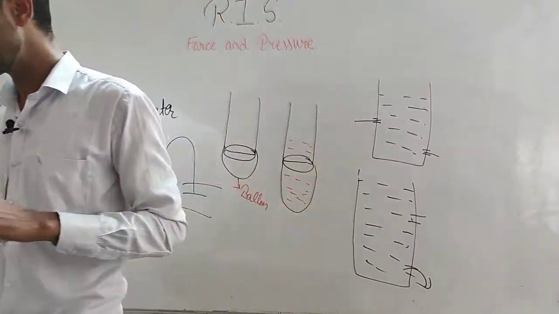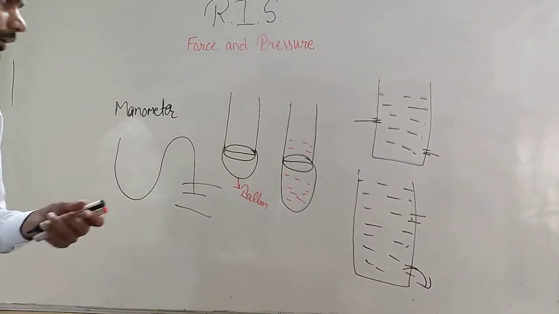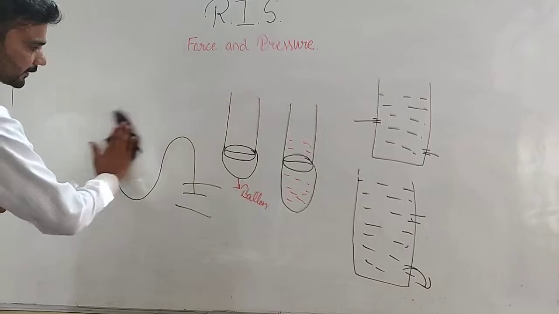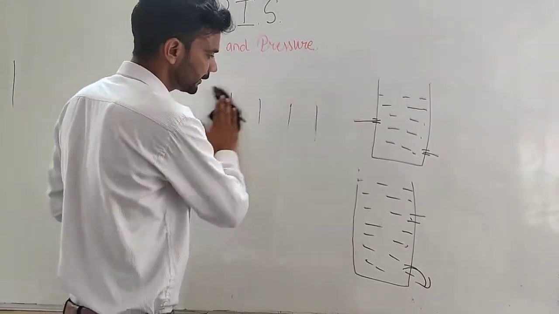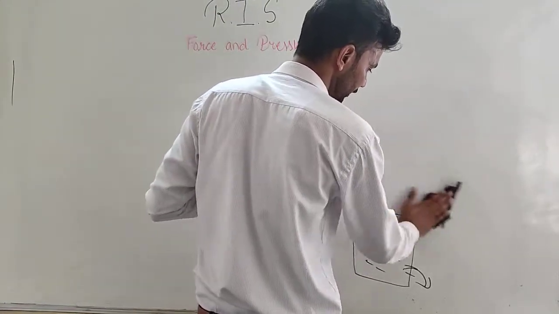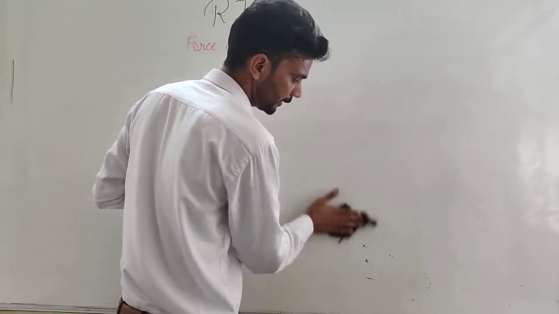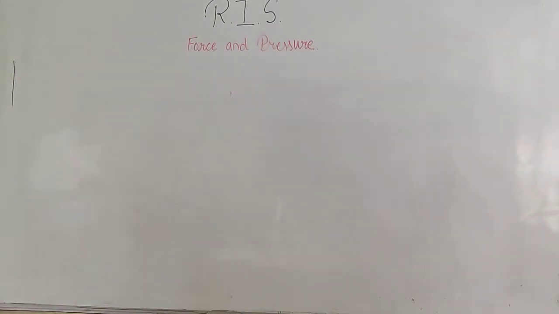Now we will discuss the pressure exerted by gases. So we all know that gases also exert pressure. In gases we can take the example of air. You can easily understand this when you are riding a bicycle, when there is no air blowing, no wind is blowing, then it is easy to ride the bicycle.